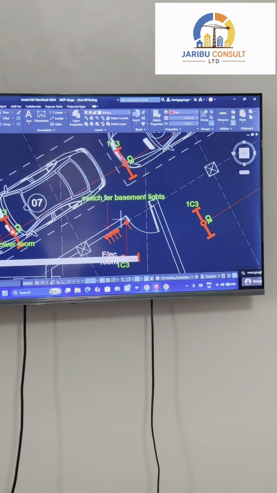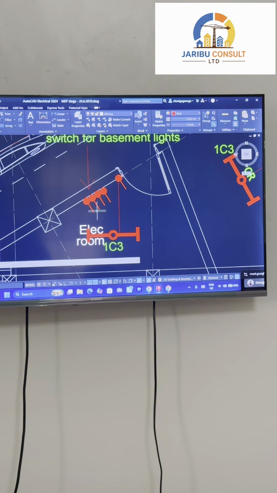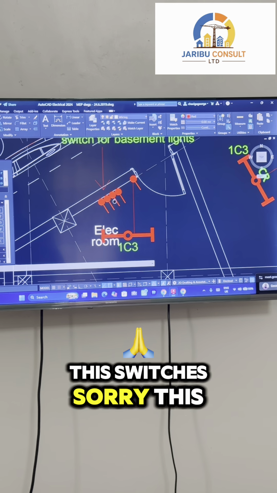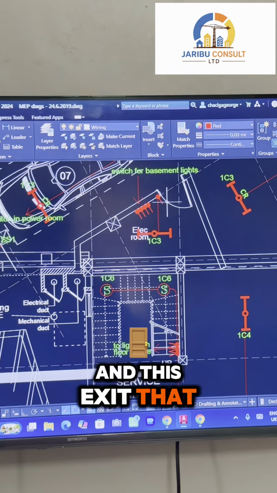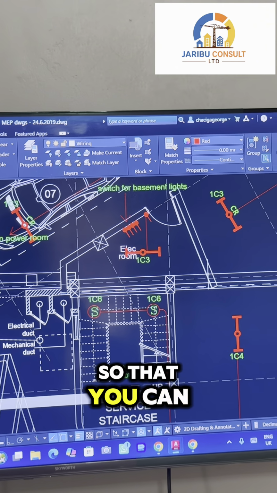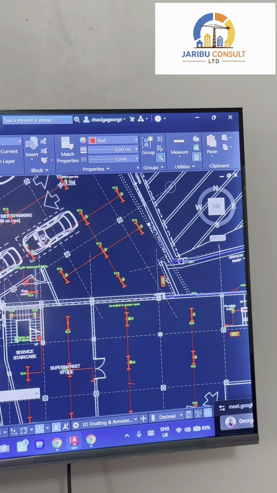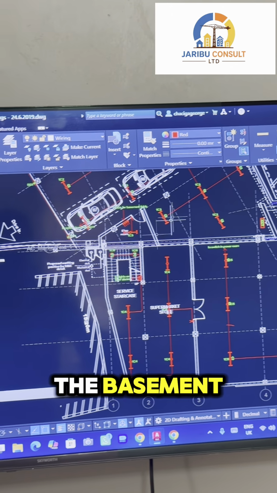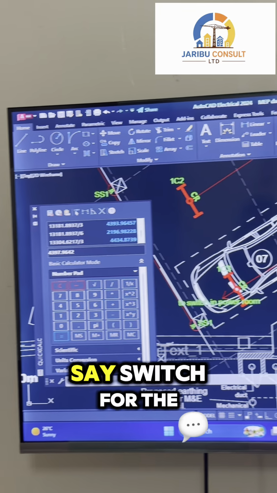We have these switches, and these switches are looking at this exit that goes into the staircase, so that you can move out from the basement. Yes, so we put a switch, then we say switch